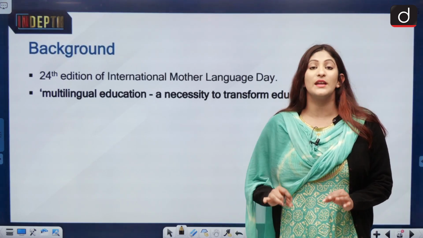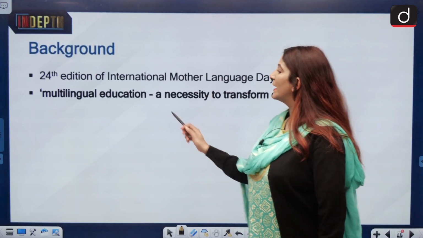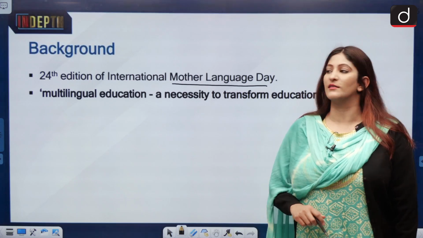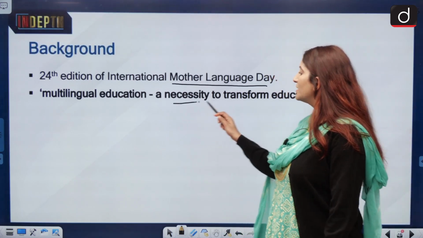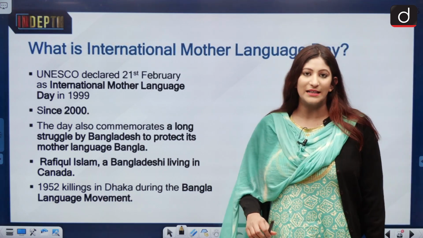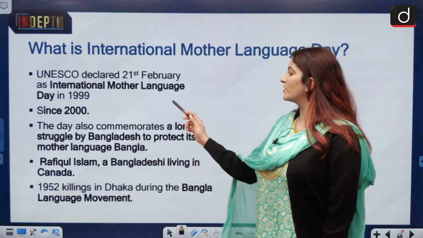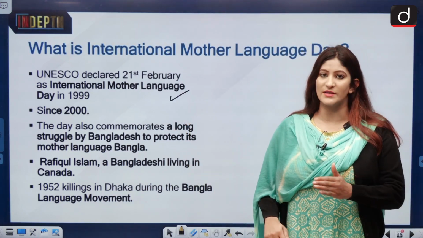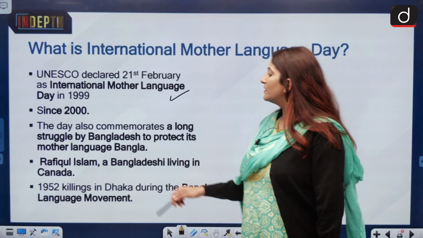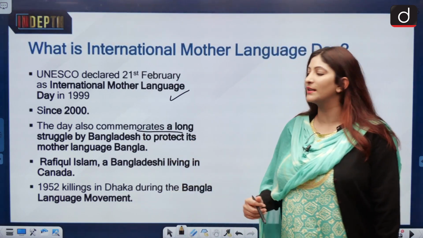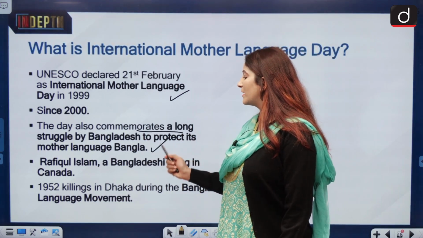This year, we are celebrating the 24th edition of the International Mother Language Day. And the theme for this year is multilingual education, a necessity to transform education. UNESCO declared 21st February as International Mother Language Day in 1999, and since 2000 we have started celebrating it. And the day also commemorates a long struggle by Bangladesh to protect its language, or mother language we can say,